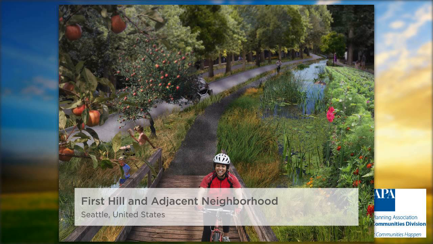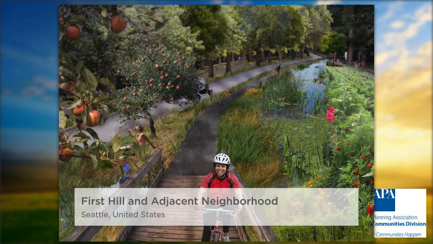Same street, this is actually a before and after. Two lanes of traffic still exist for freight and micromobility. Safe pedestrian and cycling routes are now integrated in an all rewilding strategy that provides a solution for stormwater, community food options, and recreation. You can learn more about this in our report, which has this rendering and others, Toward a Living Community, a Vision for Seattle's First Hill and Adjacent Neighborhood.